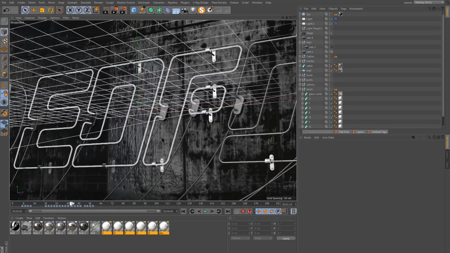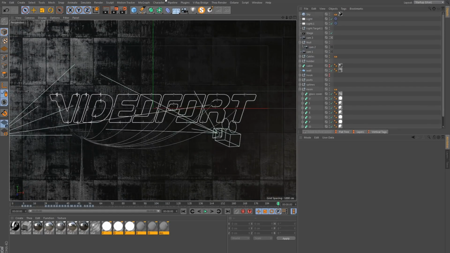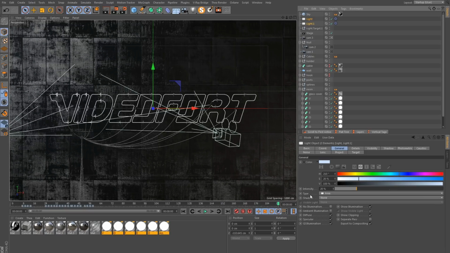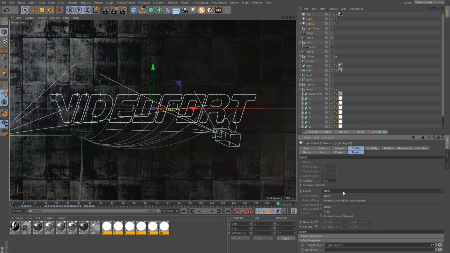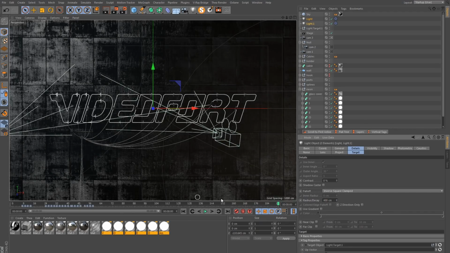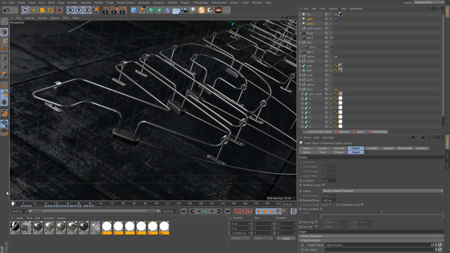And actually, I think I might change my light types from area to Omni. I think they render faster. So let's change this to Omni. And I would put a fall off on these as well. So if I go to inverse square clamped with a range of about 400, I think this will just work a bit better.